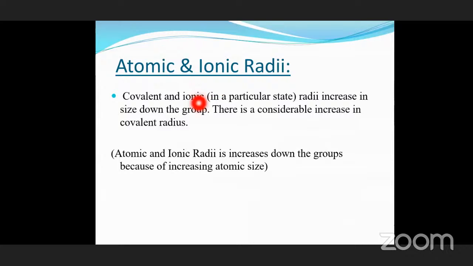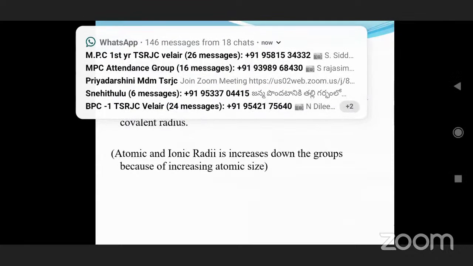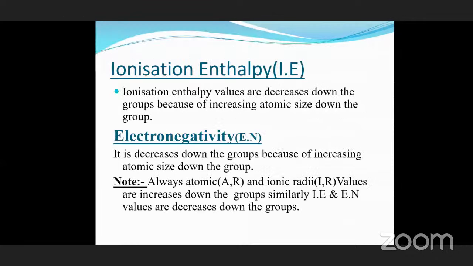So here one note is there, atomic radii and ionic radii increase down the groups because of increasing atomic size. Okay. So this is about the atomic and ionic radii. Radii is nothing but the plural word of atomic radius. Then